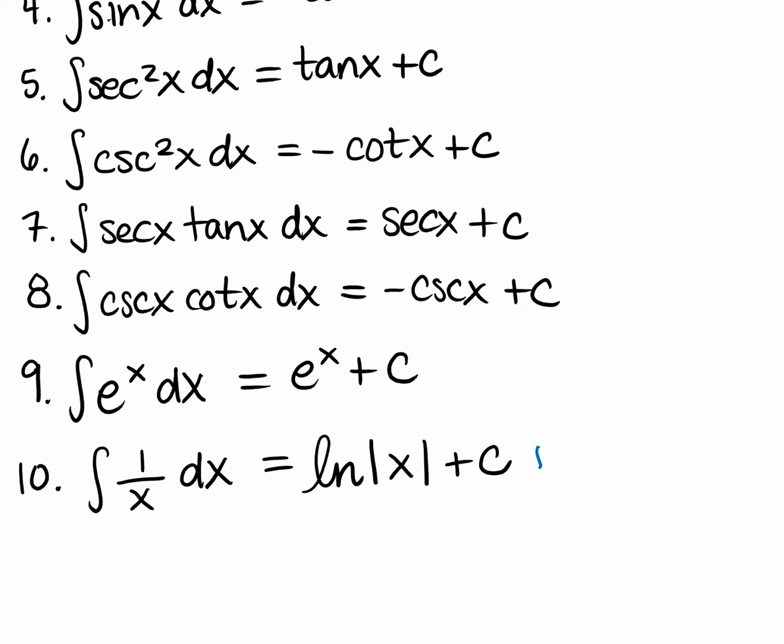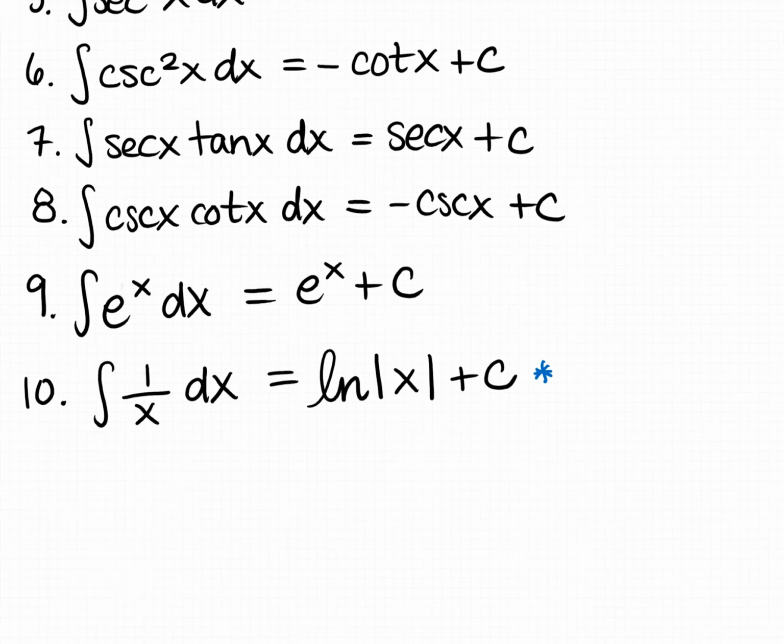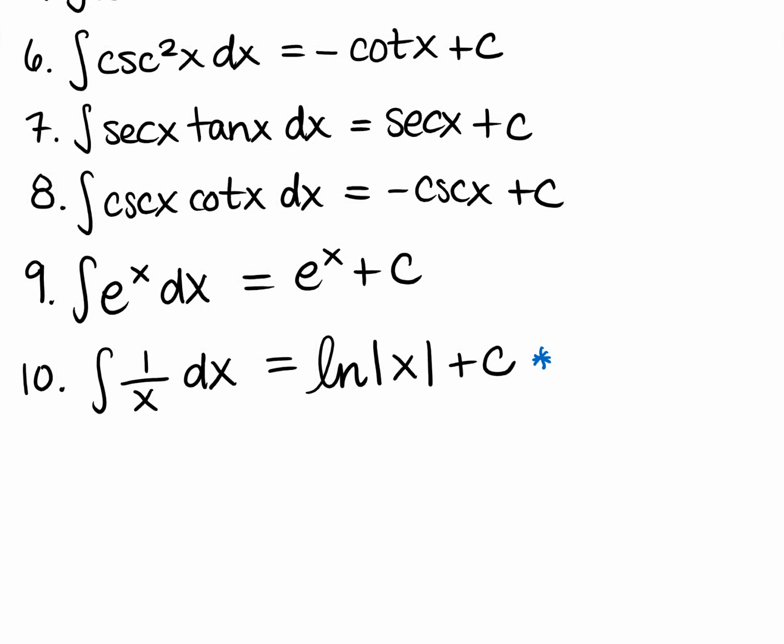And so that one right there, I need you to really remember that there's an absolute value I will take off for that because it won't be correct. Natural log might not know what to do with that x if that x isn't positive. So if that x is negative, we have to take the absolute value of it. Okay,